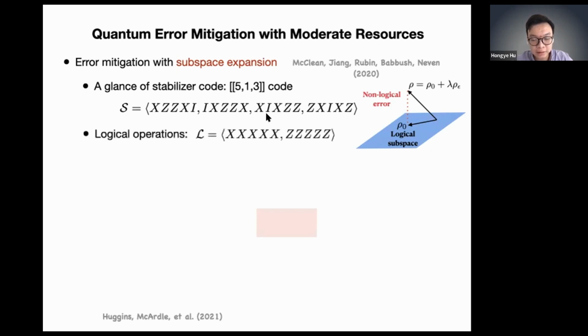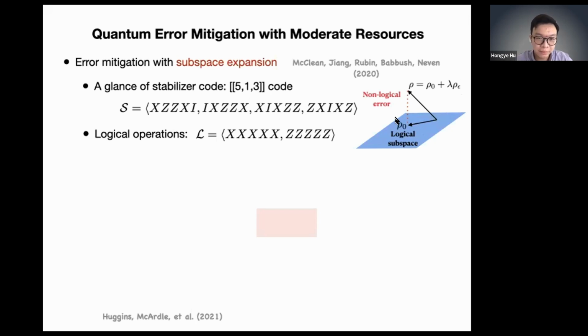And also the logical X and Z operators will be some non-local Pauli string operators, for example, the 5X and 5Z in this 5-1-3 code example. If any local error happens, it will actually perturb this logical state out of the logical subspace, but any local error won't corrupt the logical information. Therefore, if we can project the final noisy state back to this logical subspace,